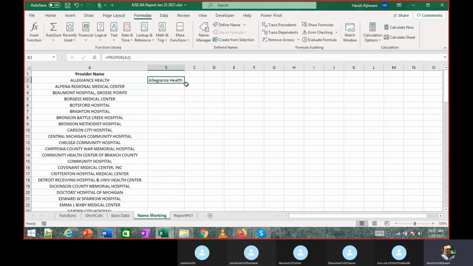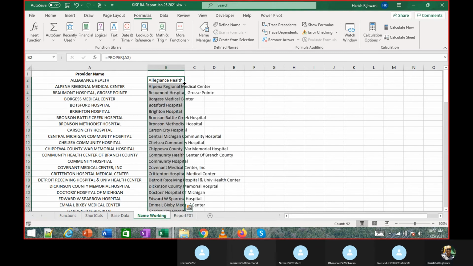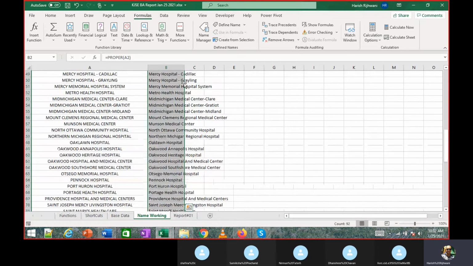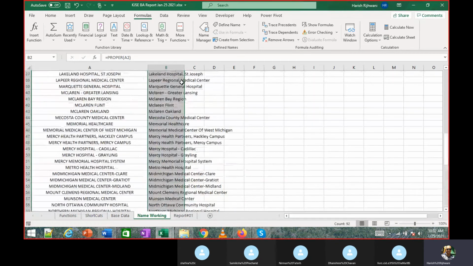One way to do it is when you move your mouse to the right corner of the cell where you have the formula, the cursor changes. It looks like a plus symbol with no double-sided arrows. Here, if I move my mouse, you see a double-sided arrow horizontally. Here, I do not see any double-sided arrow at all. So if I just double-click over here, it repeats that entire cell till the end.